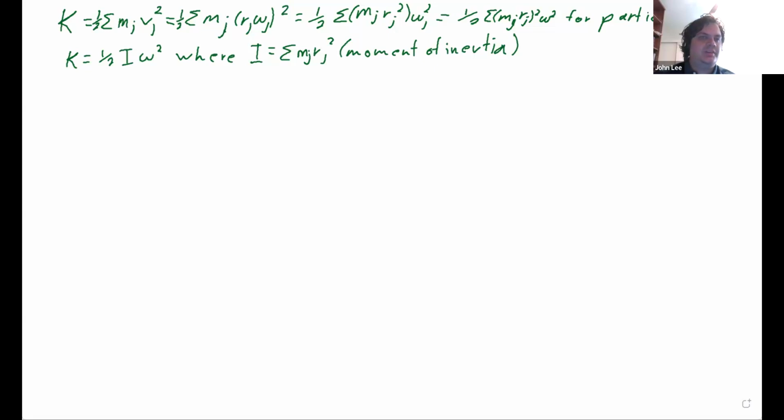So the total kinetic energy of a bunch of particles moving in a circle is going to be the sum of 1/2 sigma m_j v_j squared, which is 1/2 sigma over all of the particles times r omega squared for each of the particles, which is going to be equal to 1/2 the sum over all of the particle masses times